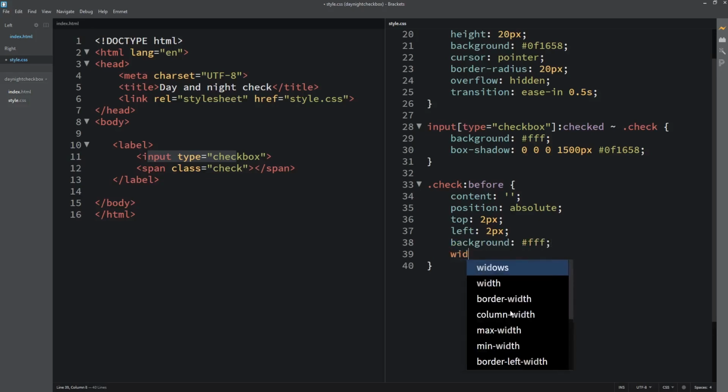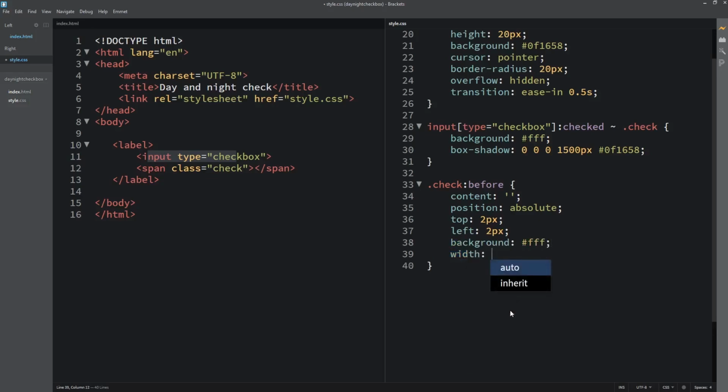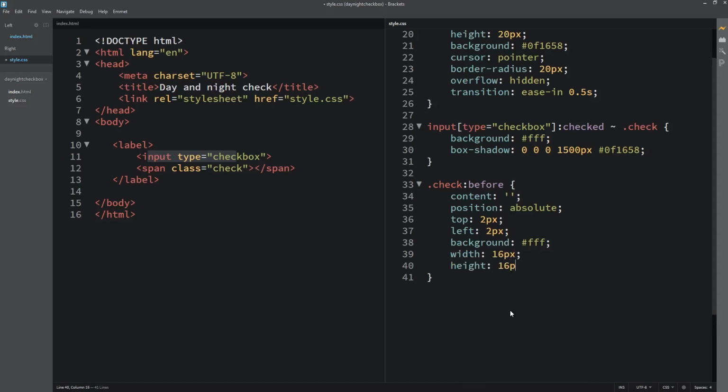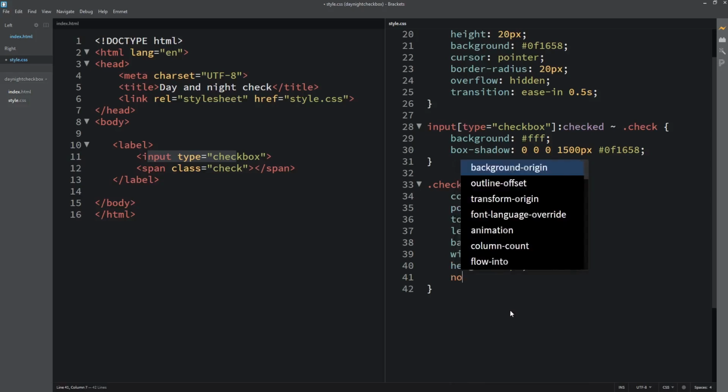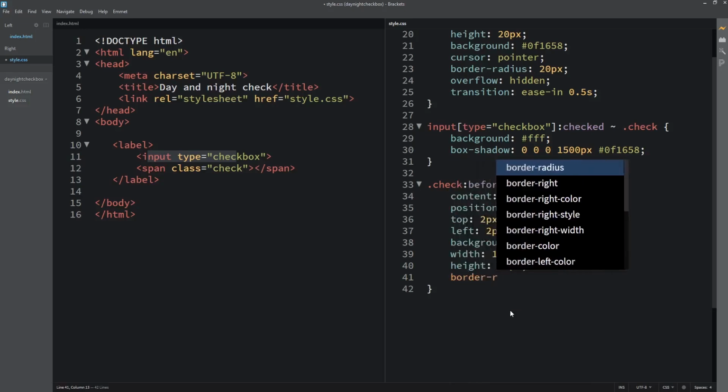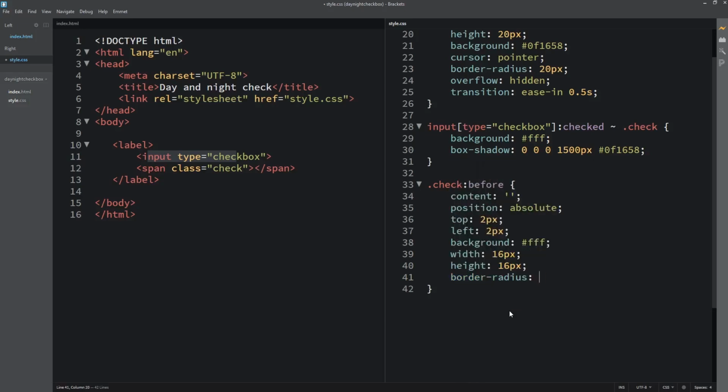Then I'll say maybe the width be 16 pixel, then maybe the height be 16 pixel too. Then the border radius, we'll say 50%.